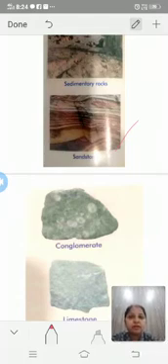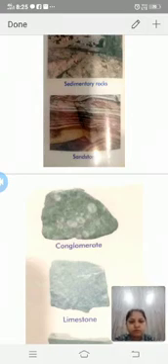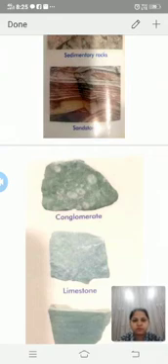The Red Fort in Delhi is made up of red sandstone. Second is conglomerate.